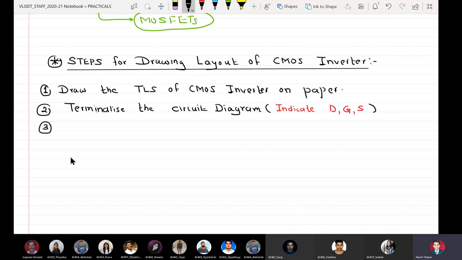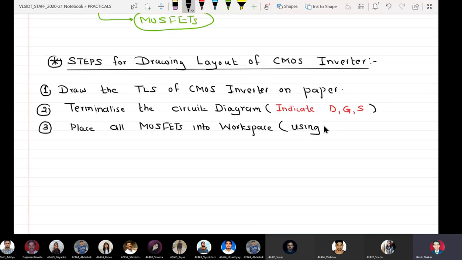Third, once you know that my system's transistor level schematic contains so many PMOSs and so many NMOSs, what you do is, I cannot say drag because this is basically a drag and drop tool, so I will say place all MOSFETs into workspace using MOS generator in palette of layers.